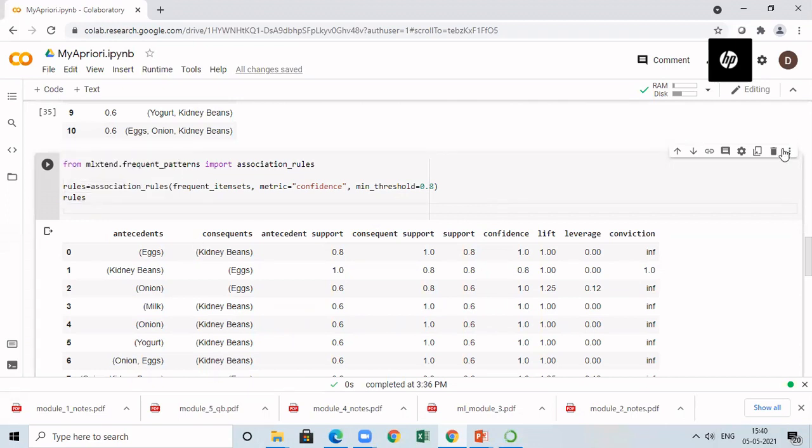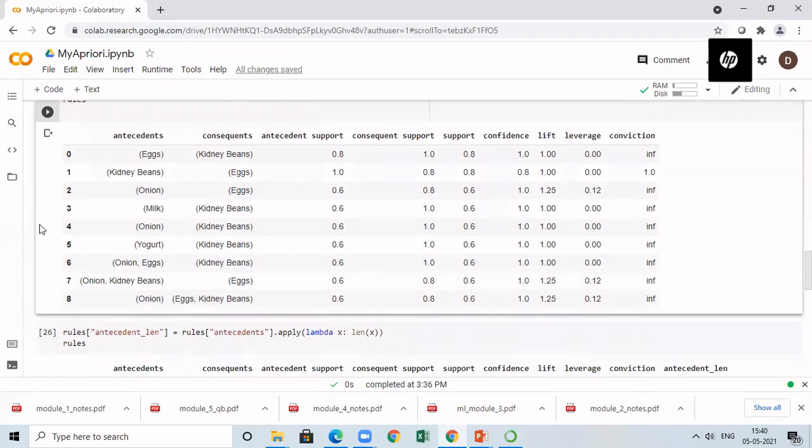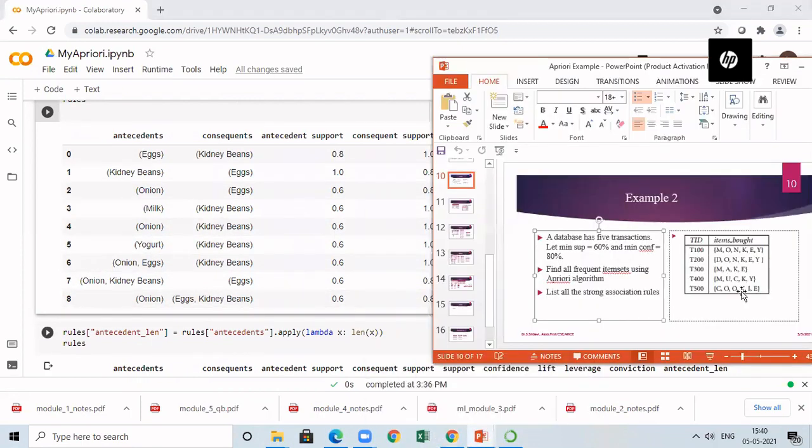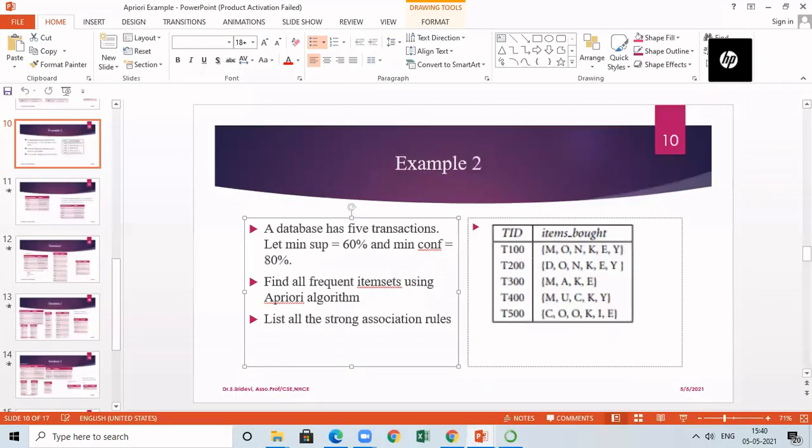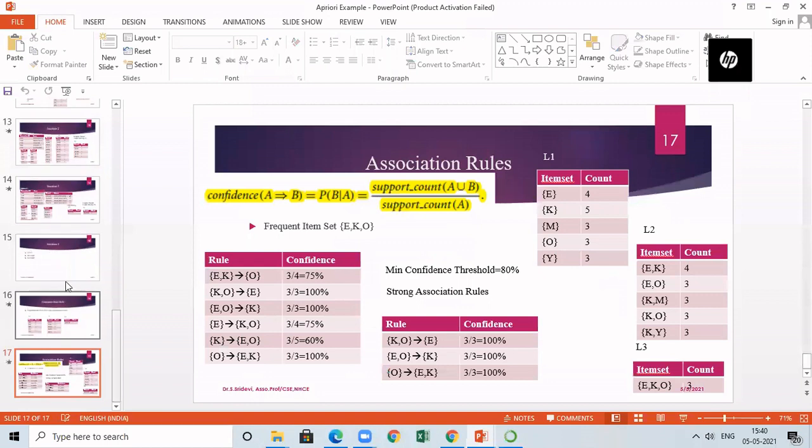You can display the data frame now. And when you run, you will get all these things. If you see, all are not important to us. We will focus on certain things. Consider this, there are totally 0 to 8, that is, 9 association rules. But if you consider our apriori example, what we have seen in the class, I'll show you that first. Then we will come here so that you will understand.